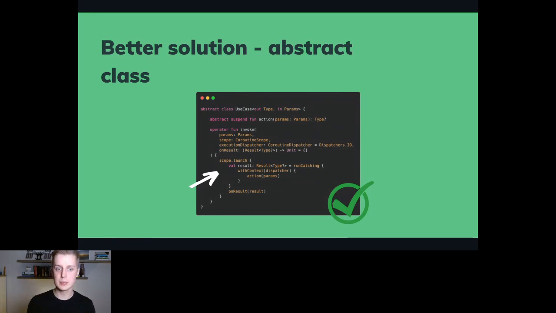And inside this method, we have a mechanism that simply launches our coroutine on a background thread and wraps the result with a Result class or interface. I don't remember, to be honest.